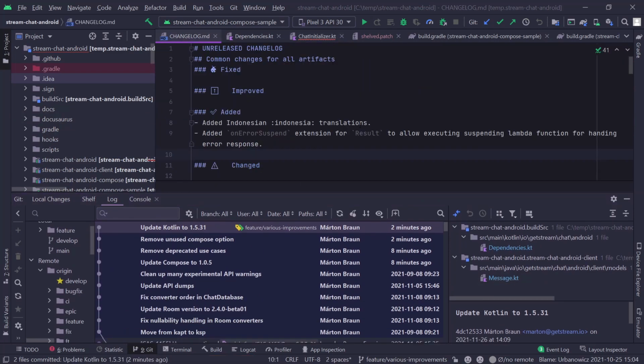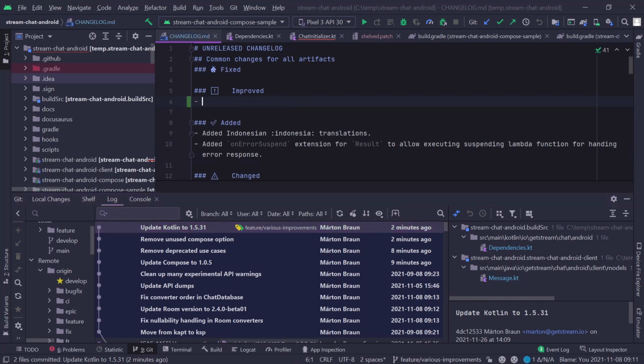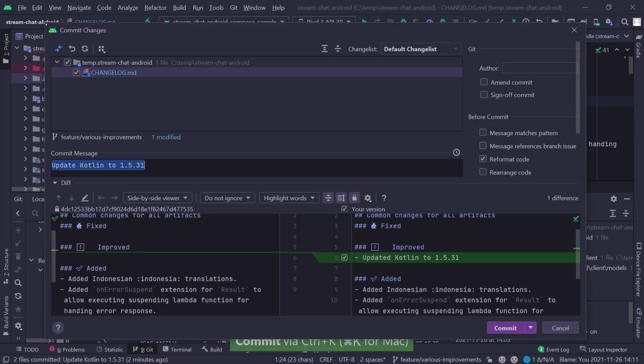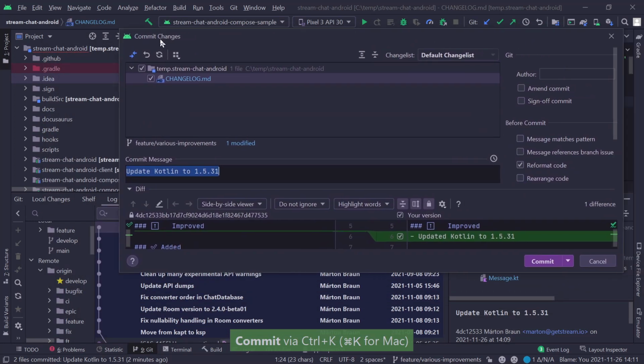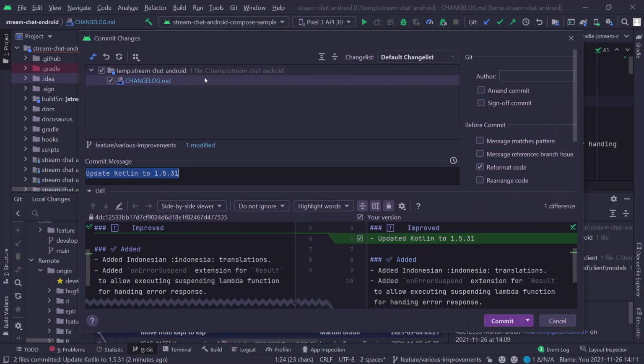So I looked at this changelog file before where we usually note if we've bumped a dependency, for example. So here we have this Kotlin version bump that we've made, but we haven't notified our clients. So for this, we would probably want to do something like updated Kotlin to whatever version it is. And we would want to commit this. And I could, of course, add this to a new commit and that would be okay. But I can also just, while committing, select the amend commit option up here on the top, which will pre-fill the commit message